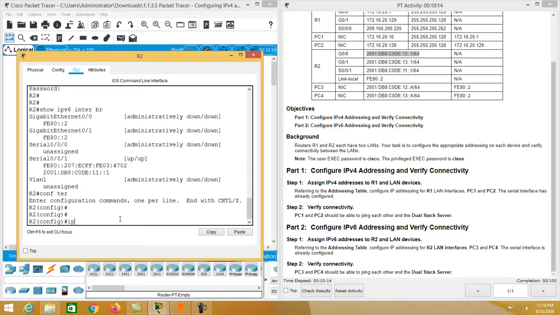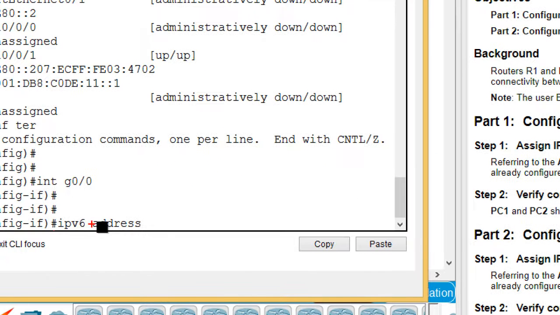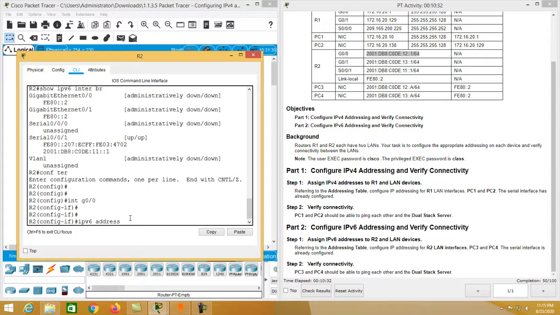Now we have to type interface G0/0, which means we are entering the interface G0/0, and then you have to type IPv6 address. So instead of just IP address, here it is IPv6 address, to indicate the address that follows here is an IPv6 address. So it is